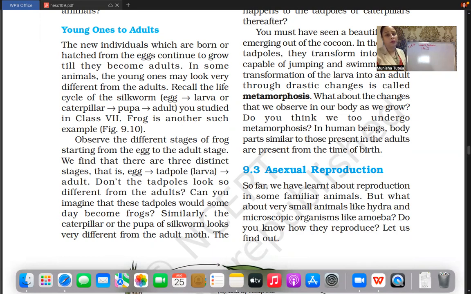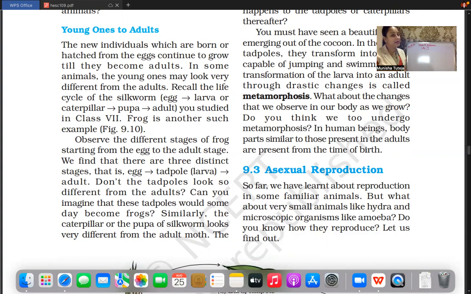Let's talk about the frog. Or okay, first of all, I think we should talk about the silkworm, because you have already studied that in your previous class, class 7th, right? If you remember, we used to have the eggs of the silkworm. Then the eggs used to hatch out and give us larva, or the caterpillar, it's the same thing. From the larva they used to spin a cocoon and get converted into the pupa stage. And finally, the adult silk moth used to cut out the cocoon and come out of it. Remember? So what are all these? These are the stages of the life cycle of the silkworm. If you remember, we had drawn a diagram for that also.